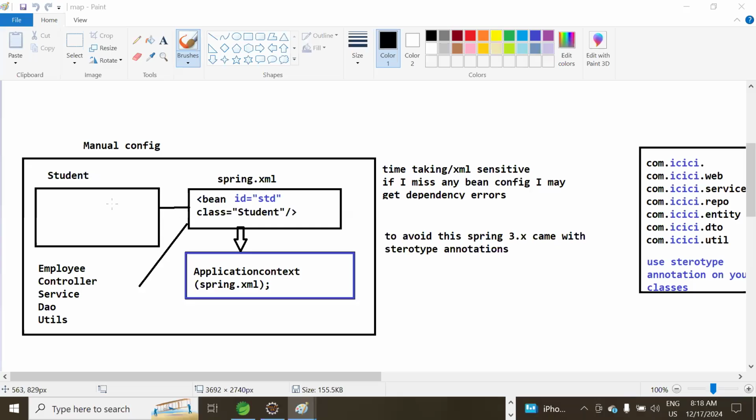So you have to create all your classes and configure them in the Spring XML file. And then you have to load the Spring XML into the application context. So whenever you start your application context, it will create objects. It will create objects by reading from the Spring XML file. But a lot of manual effort you need to put,